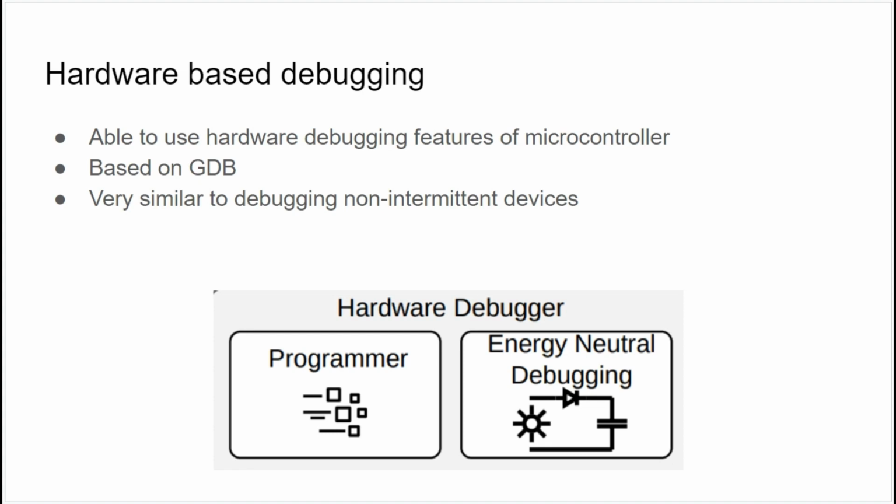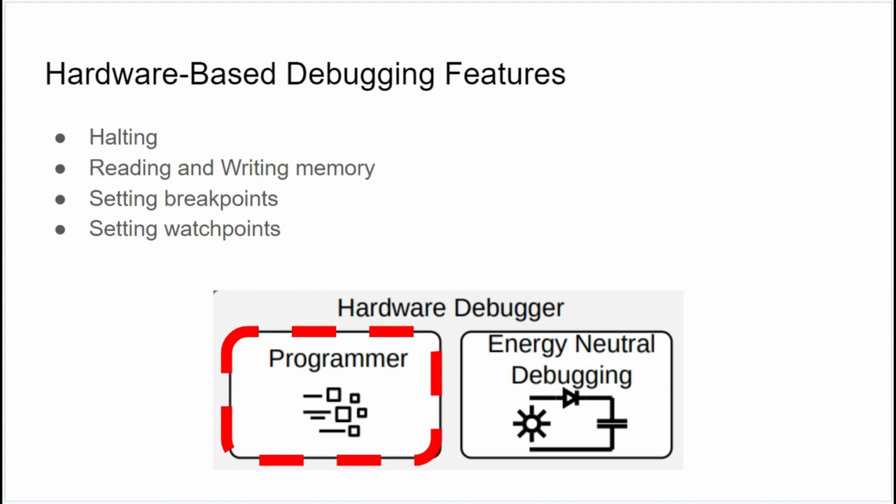So one key feature here is the regular debugger, and it has a bunch of different features which can be used when debugging. One key feature is halting, so pausing execution at any point. This is similar to other debugging tools, so this might be a bit redundant, but it's able to pause execution at any point when you detect an issue at a specific point. Next is the ability to read and write to memory, so you can access the memory of the microcontroller